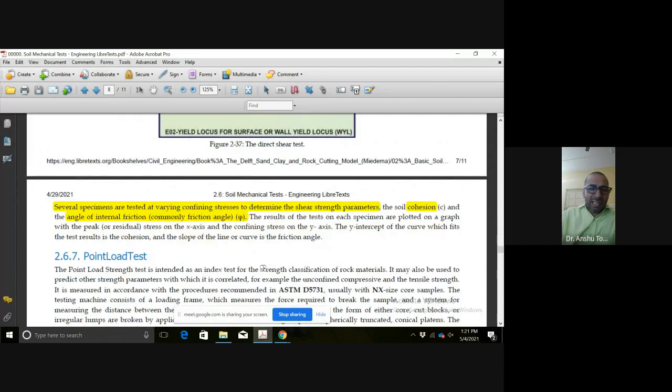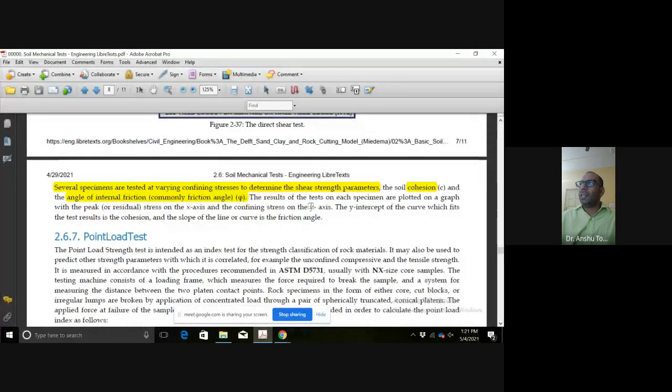So when we take the sample in an SPT from underground, let us say 4 to 5 meters down the earth surface, that sample we take to the laboratory, and that undisturbed sample, if we put into a box shear test, and we apply vertical and lateral loads under certain confining pressure, we get the C and phi value from that box shear test in the laboratory. That completes the testing, giving most of the engineering domain parameters of geotechnical investigation.